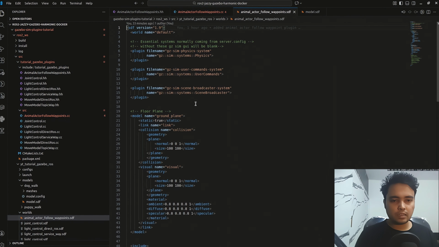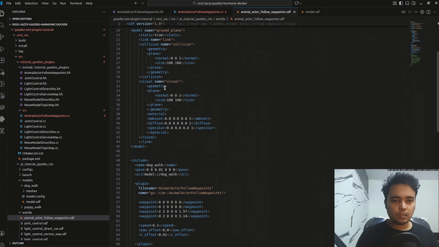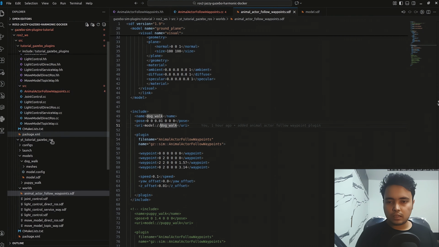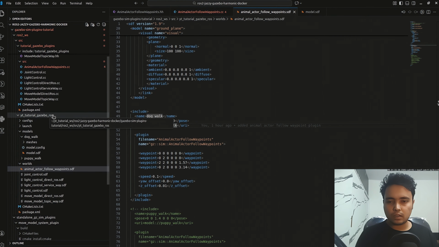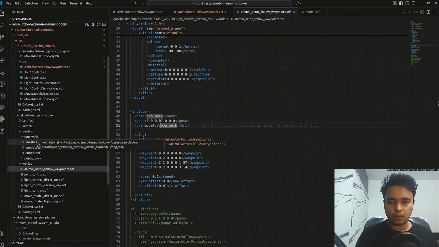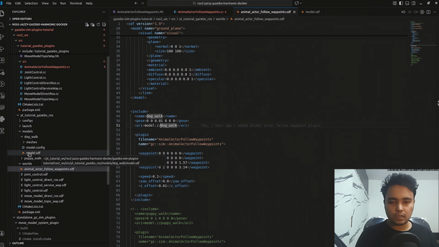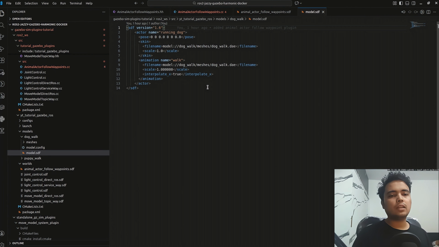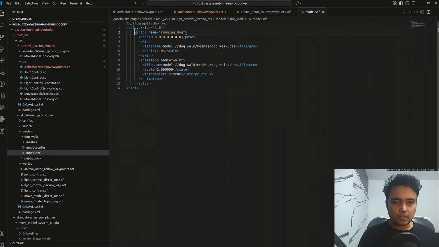If you're seeing this SDF file, if you go over here, just go down. What we are doing in this file is we are including this model. Let's see the model first. So the model is in the model folder in the Gazebo ROS model folder. If you go into the model folder, you will find this doc world, and in this you will find this .sdf file. So it's exactly the same as it was in Gazebo Classic,